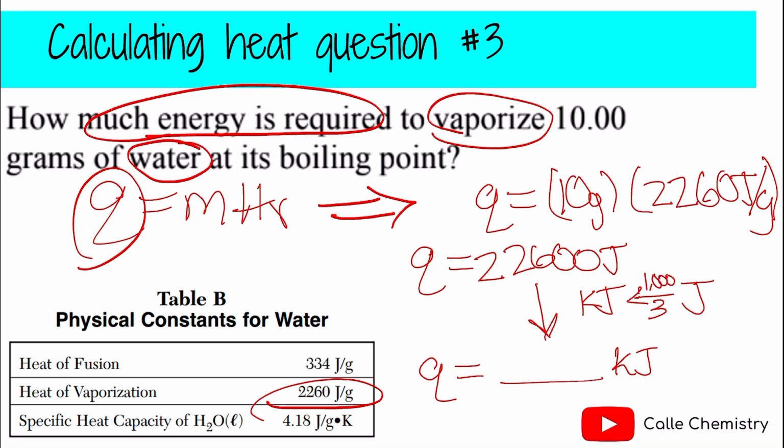So if you divide this by 1,000 or move, since there's no decimal here, you're going to start at the end of the number and go 3 spaces to the left and then stop. So that tells us that in kilojoules, this would be 22.60